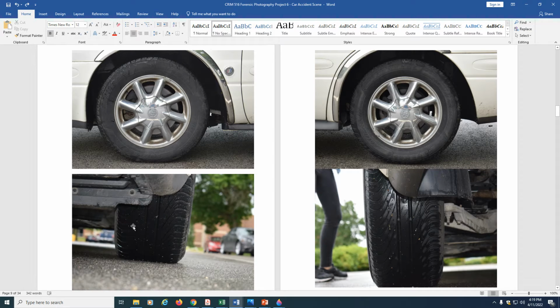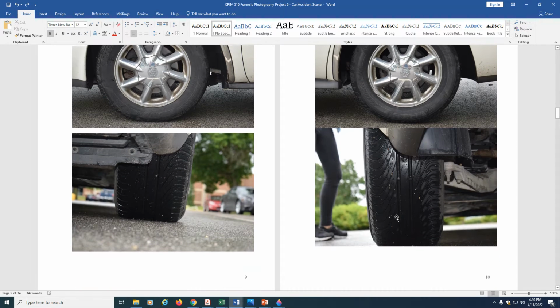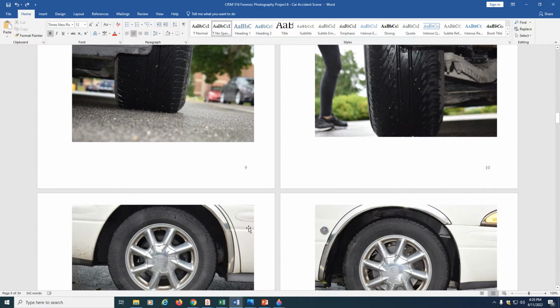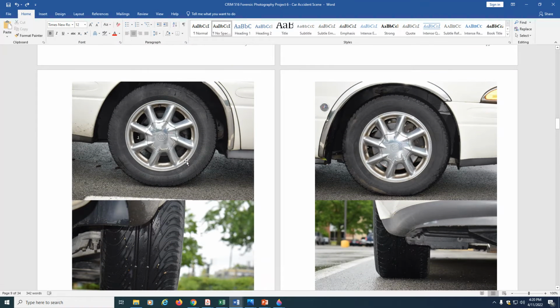and this happens to be from a different angle, but either way, same concept. Here's the back one, back tread, back passenger side tread, front passenger side tread. Okay,